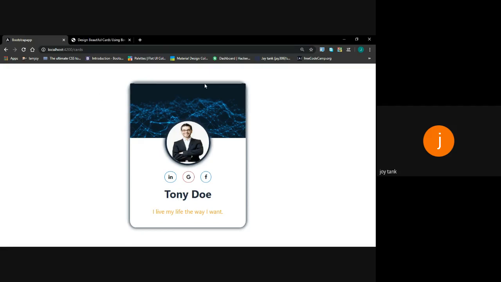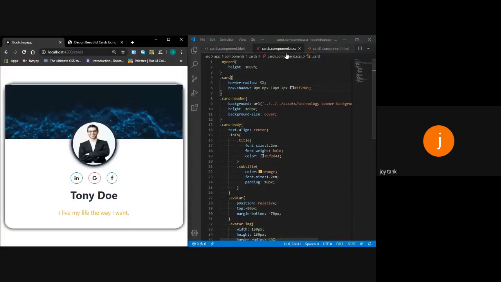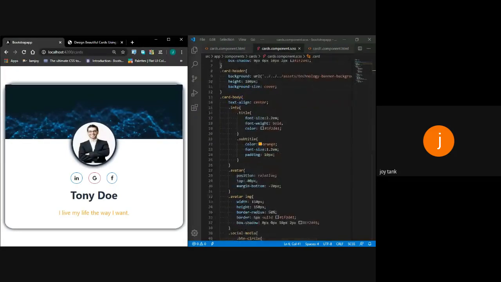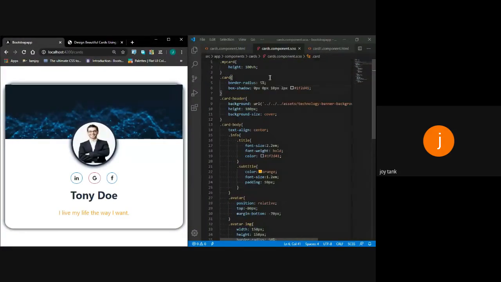So you can see that I have given a shadow to this card, and also you can see that this image has not taken the border radius. So for that, you will go in CSS, and I want my image to stay within this container. So I will use the overflow property.